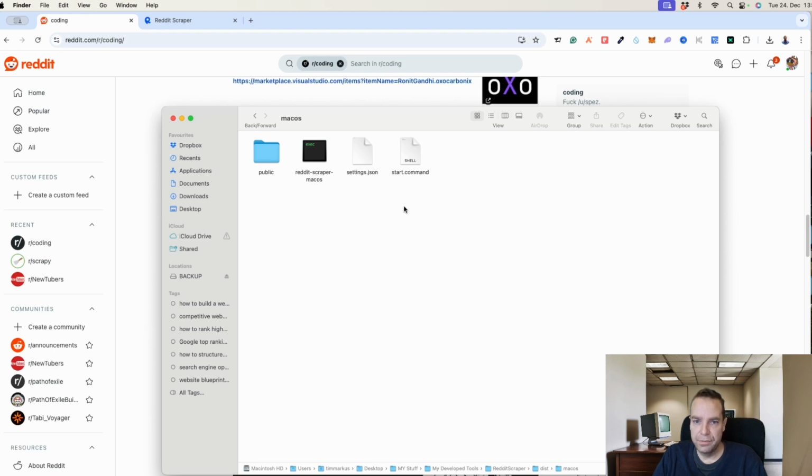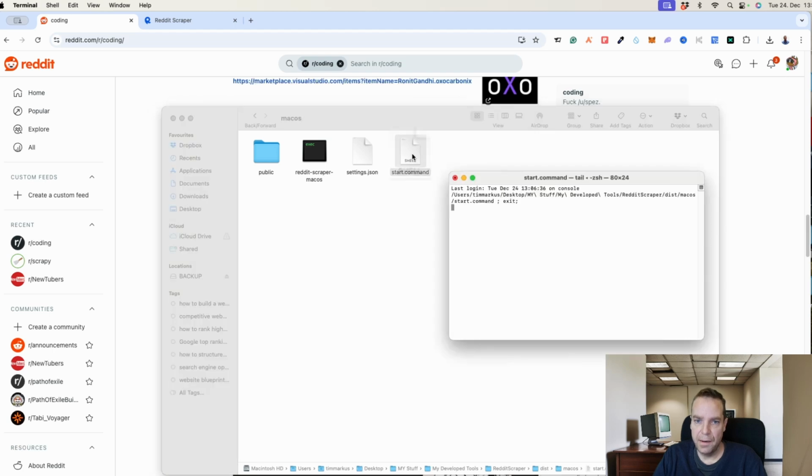The start file for Mac OS is start.command. And for Windows, let me open the Windows folder. It is start.bat. And let me execute the start.command. So simply double click here, and then